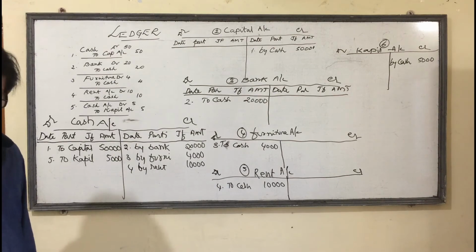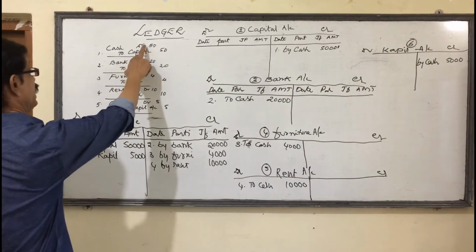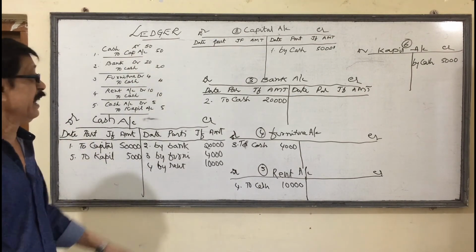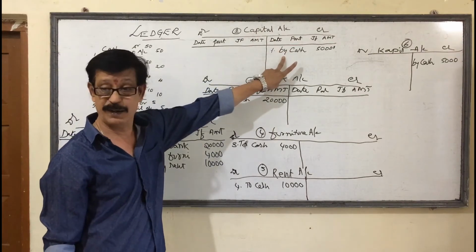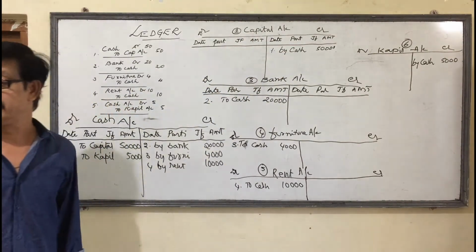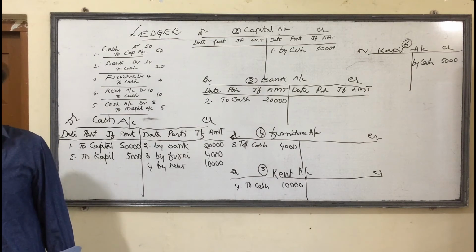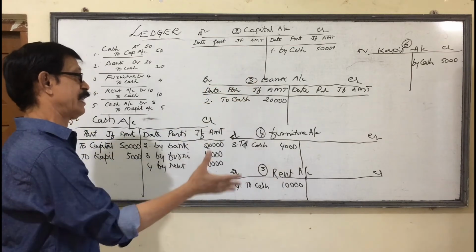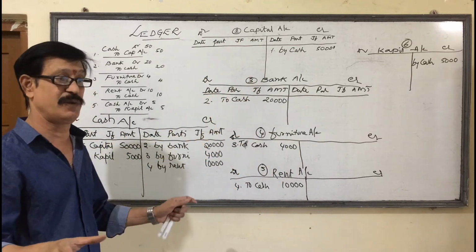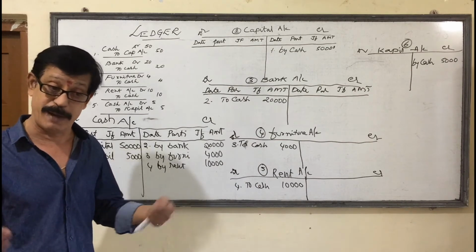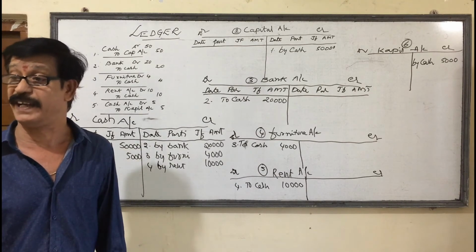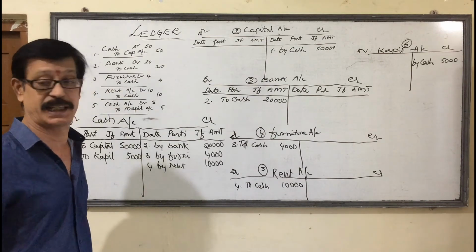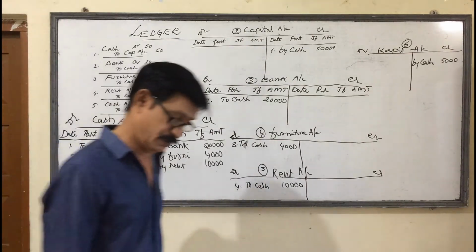When we are posting in the ledger accounts, first one is the debited cash account. In the debit side, you have to write down the credit name. In the capital account credit side, you have to write down the debit name. Clear or not? After posting all the ledger accounts, then finally we can make it balance. After balancing only we get the final balances or final results. From those balances only we can go through further processing of accounts. Clear?